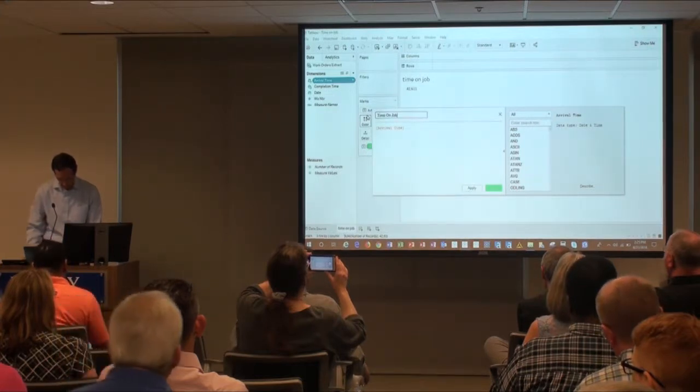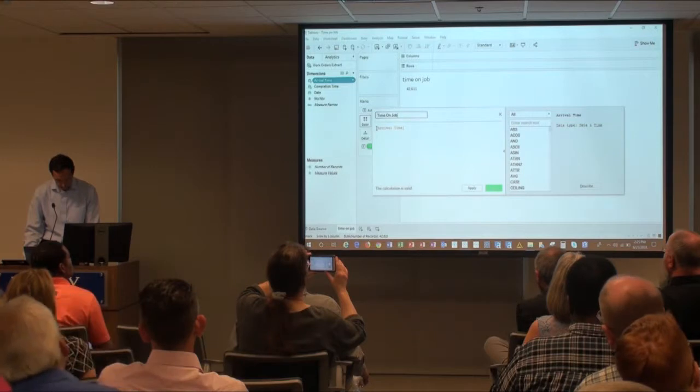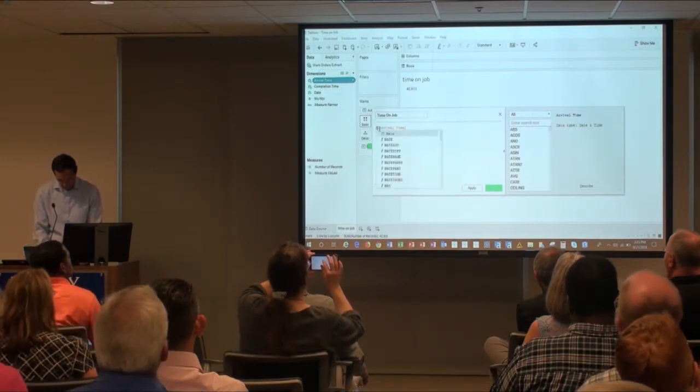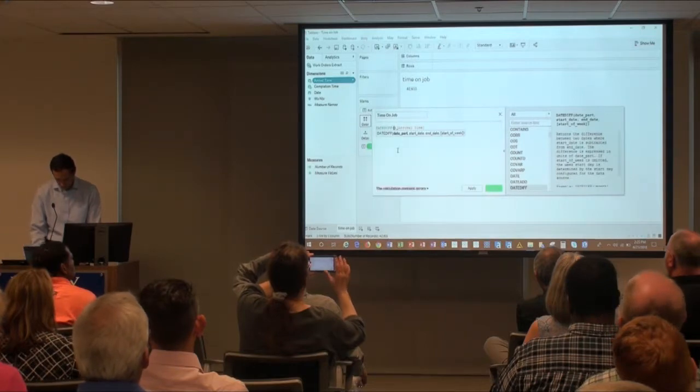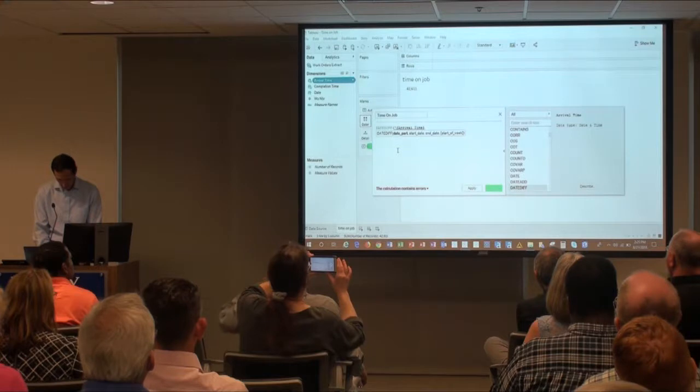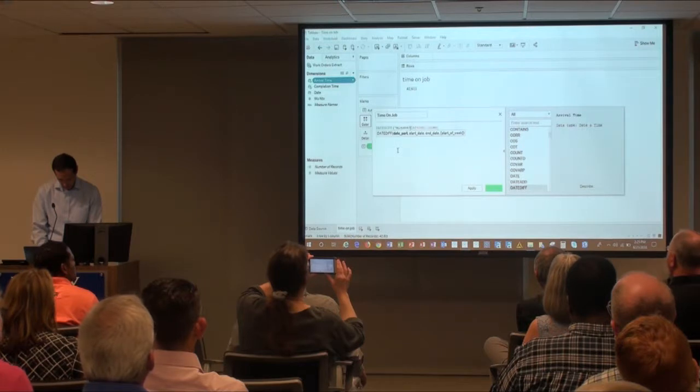We'd like to do this in minutes, and Tableau has a function called DATEDIFF. We're going to get the helpful pop-up to remind me what the parameters are. We're going to do it in minutes, and we want the difference between the arrival time and the completion time.